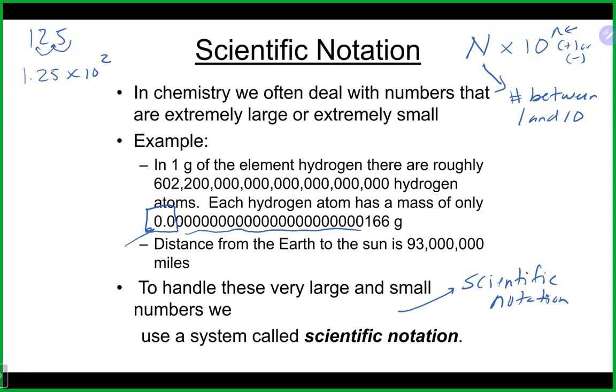It is a positive exponent because I moved the decimal place to the left to get to a number between 1 and 10. Or if you want to remember it, numbers greater than 1 or larger numbers have positive exponents, right? So 125 is above 1, so it has a positive exponent. If I had